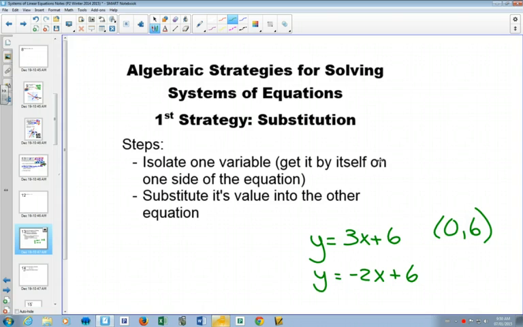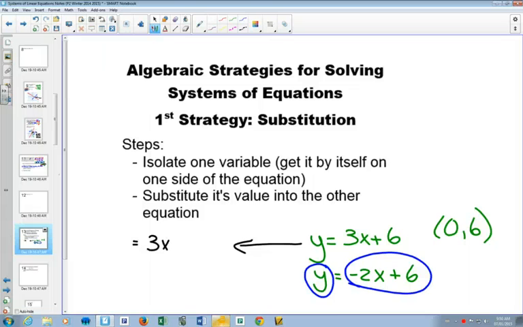What this strategy for substitution says, in algebra, is if you have two equations and you can get a variable by itself, in these equations, I've got the y by itself in both of them. But you would only need to get the y by itself in one of those equations. Then what we can do is, since, see in the second one, y is equal to 2x minus 6, wherever there's a y, I can write negative 2x plus 6 because they're the same. They're equal to each other. So I can take my first equation and I can say, instead of writing y equals